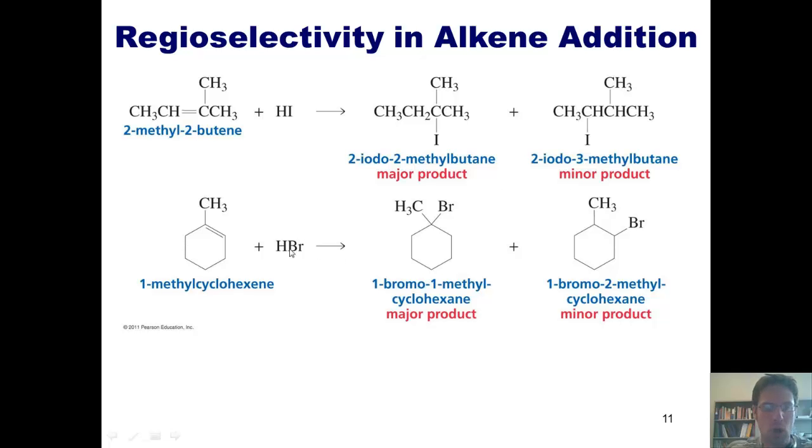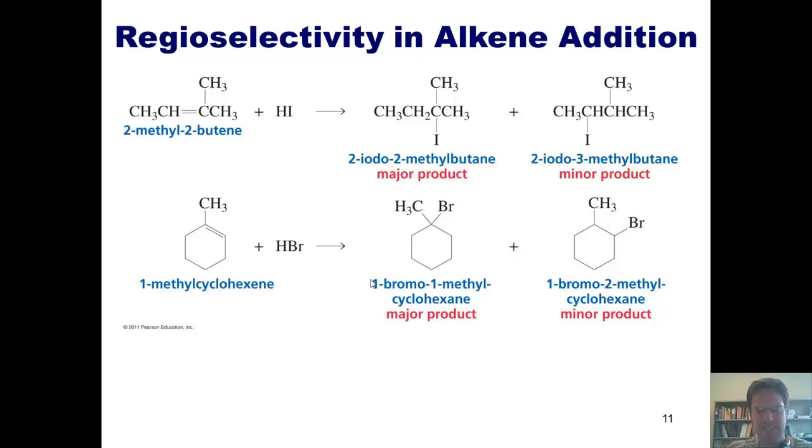You'll note that the bromine ends up on the carbon in the middle, the one that has fewer hydrogens bonded to it, whereas the hydrogen ends up on the carbon to the right, which has more hydrogen stuck to it. Thus, the major products for each of these reactions are the ones shown here. This observation is called this reaction's